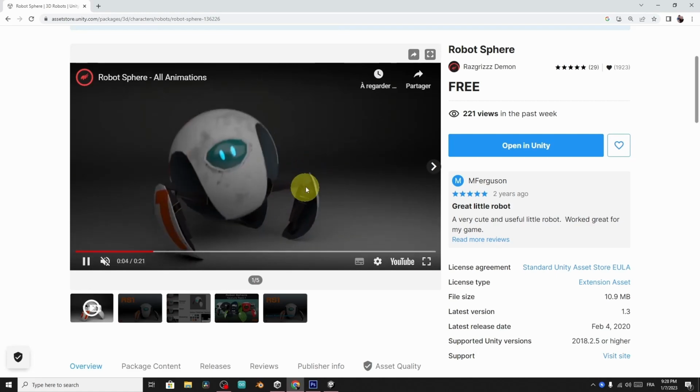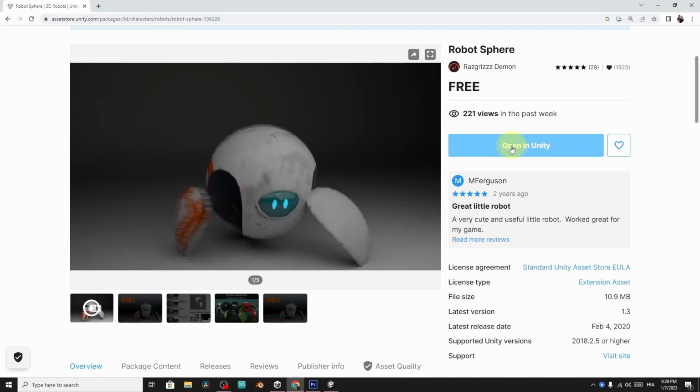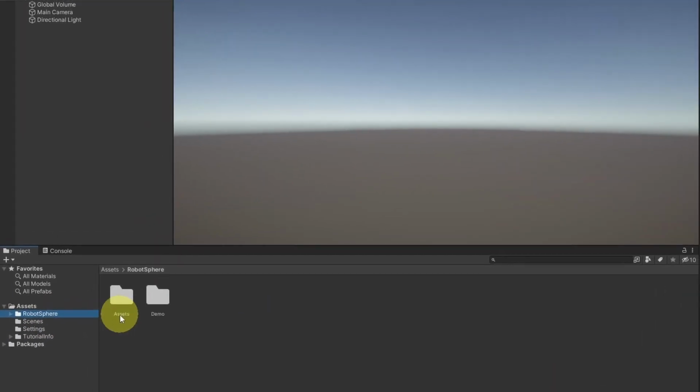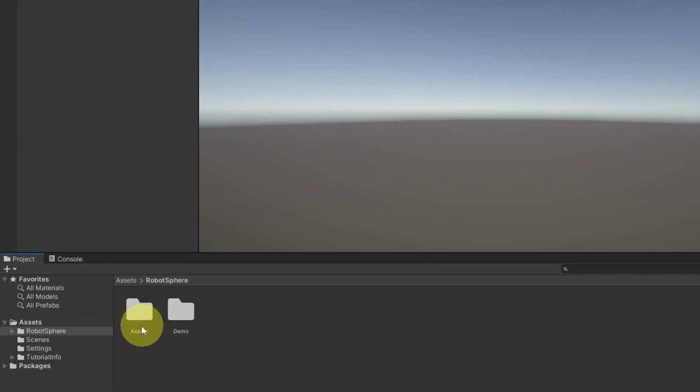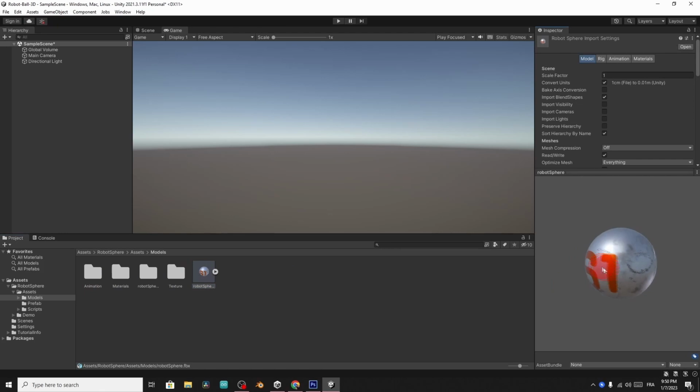As you can see, we have the open animation. I think it's really cool. To download it, you have to open it in Unity. I've already done that, and it is this robot sphere folder. And before we start using the 3D model under this asset, which is this robot sphere, I want to create